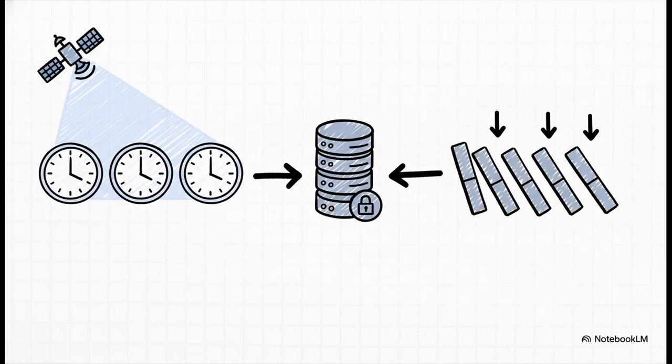So the solution that everyone has landed on is a hybrid. Systems use NTP to keep everyone's watch showing roughly the same time, which is great for things like log files. But for the really critical stuff, where the order of events absolutely cannot be wrong, think about a database transaction, that's when they fall back on the rock-solid causal guarantees that we get from logical and vector clocks. It really is the best of both worlds.